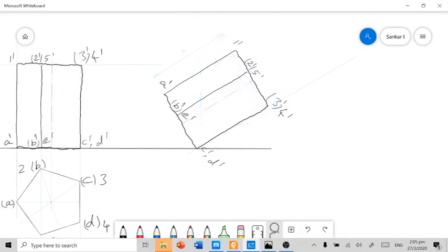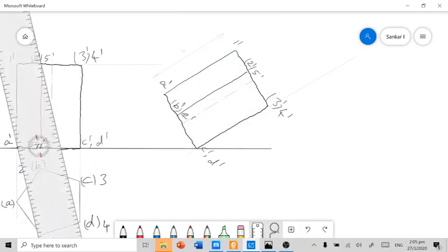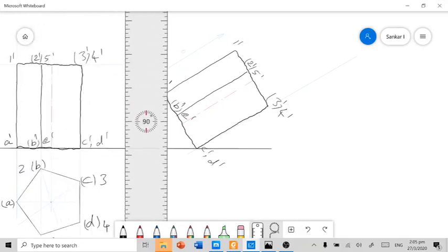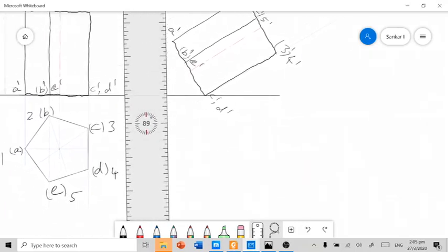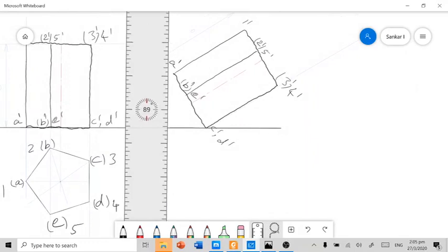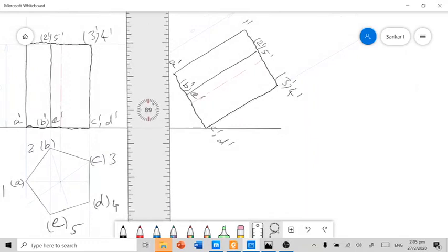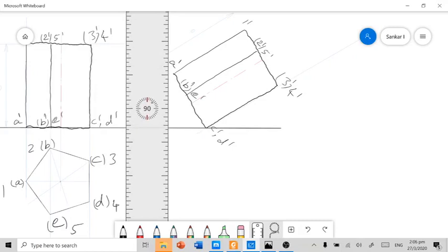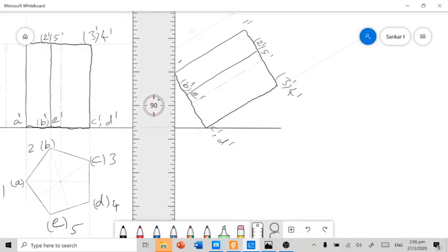Yes. After that, as usual, you have to bring out the projectors from each and every corner of the solid. Like in the projection of planes chapter, we are going to identify the cut points from the current front view and the previous top view. One by one we can do that.